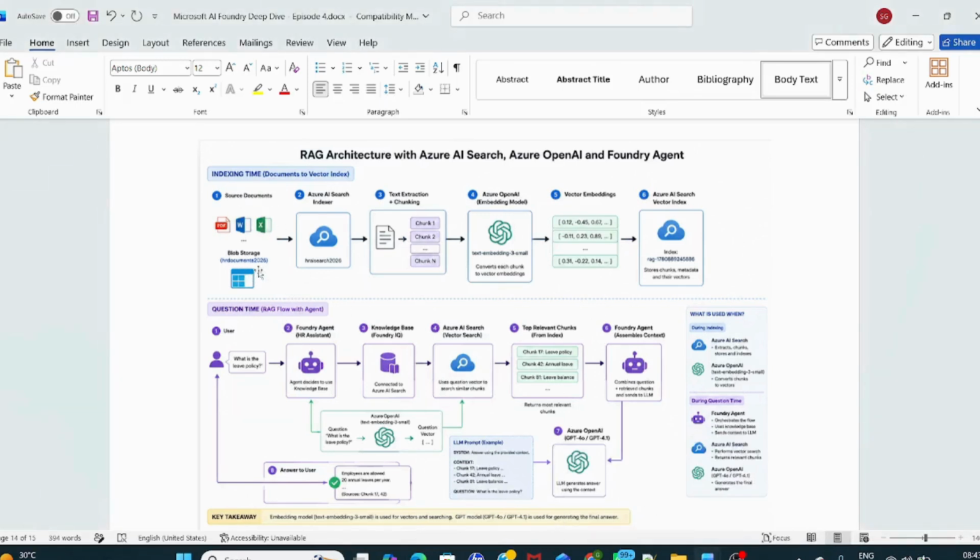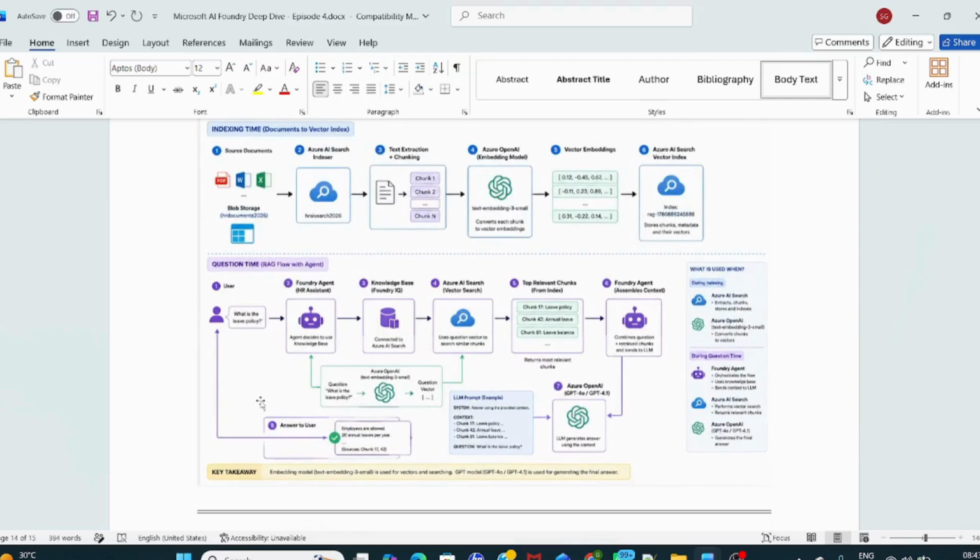The search document will be read by this Azure AI indexer. It will convert it into chunks. These chunks will be sent to Azure OpenAI for conversion to vectors, and the vector embedding will happen. And this will again go to the AI Search index. It will be stored. And now when the user requests anything, that will definitely come to